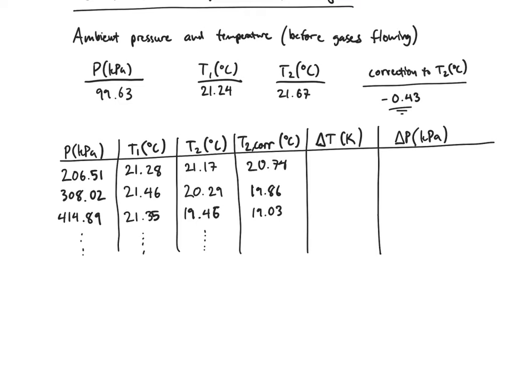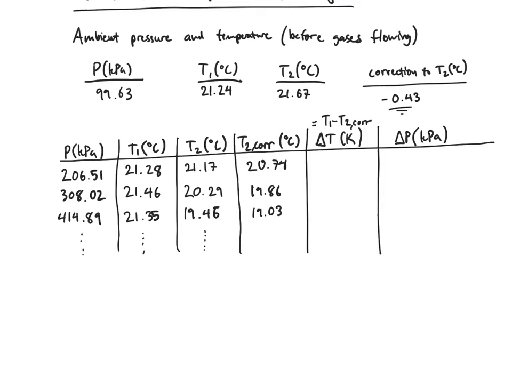Our delta T values are going to be equal to T1 minus T2 corrected. And that's backwards from what you might expect. Usually delta T is T final minus T initial, but in this lab, if we do that, we're going to get all negative values, and